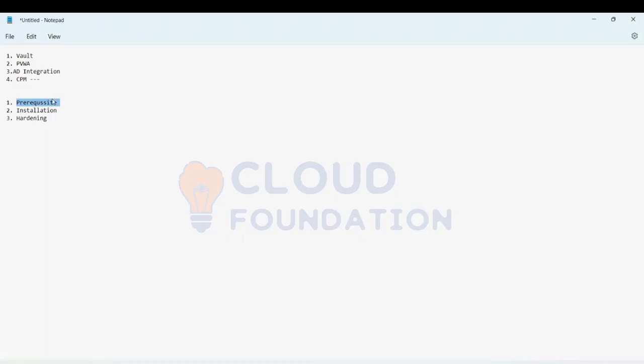In the vault, the hardening is a part of the installation itself. So you need not do it separately, because in the course of installation itself, you might have seen there is a prompt that comes up whether you want to go ahead with the hardening or not. But in the other components, you need to do that separately. So in the CPM also, we would be doing the hardening at last, wherein we would be running the PowerShell script to make sure that